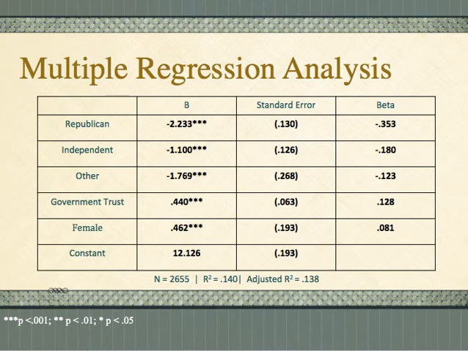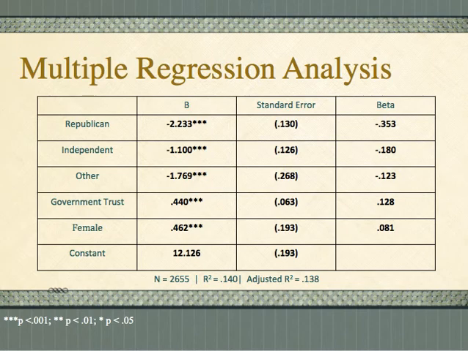Moving on to a multiple regression analysis, the asterisks denote the significance levels of the variables, which all indicate statistical significance. The B value for the Republican dummy tells us that, with support for expenditure held constant, Republicans are 2.24, or a little more than 2 categories lower in support than Democrats. Independents and those who identify with other parties are respectively 1 and 1.8 categories less supportive. Unsurprisingly, Democrats have the most positive relationship with support for spending out of all the party identifications.